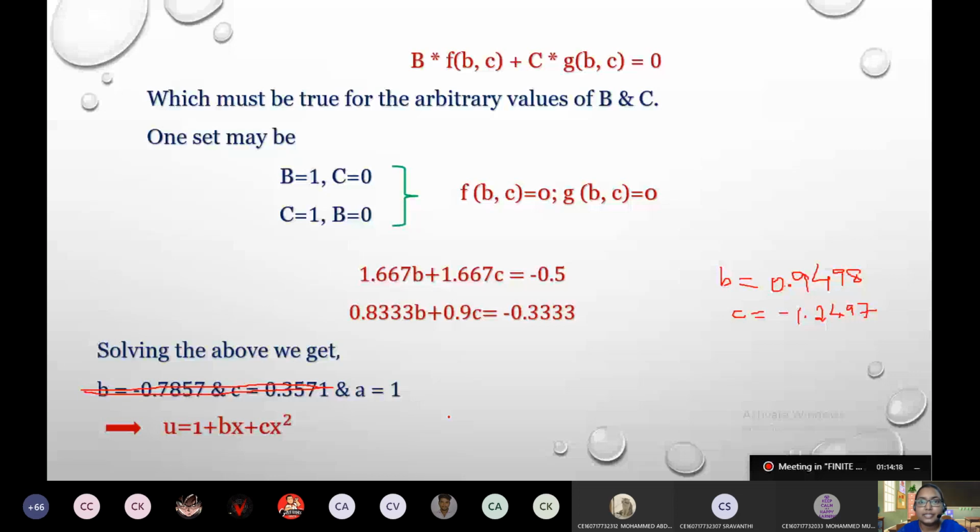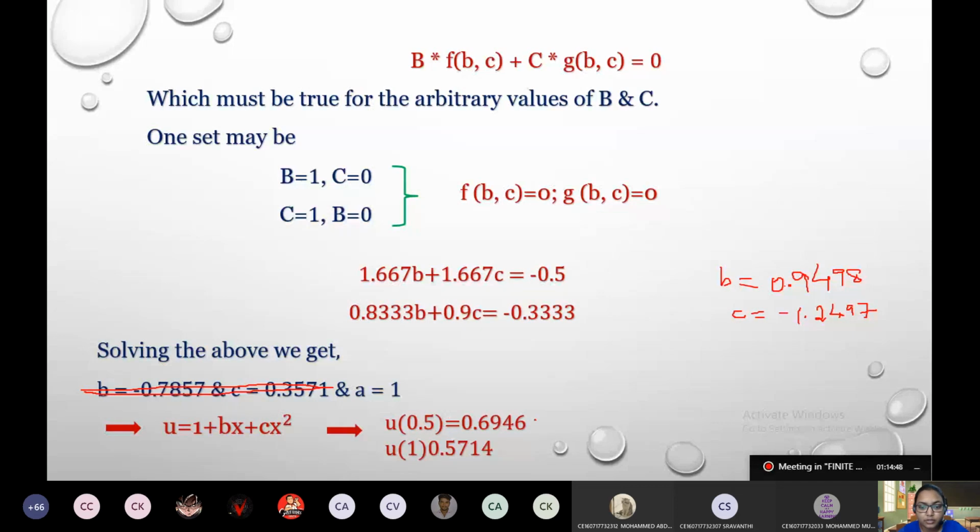All right. That is x equal to 0 when you substitute; the value is 1. Now x is equal to 0.5: you substitute with the values you have got for B and C. Then substitute x is equal to 1, that is the extreme boundary, with the values of B and C you got. So you will have the answers for U of 0.5 and U of 1.